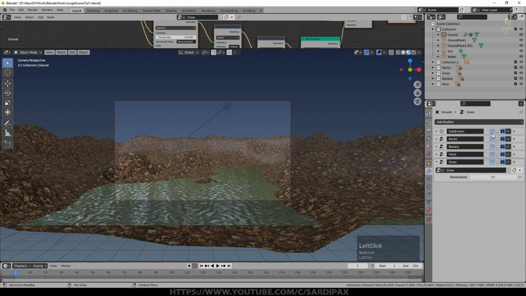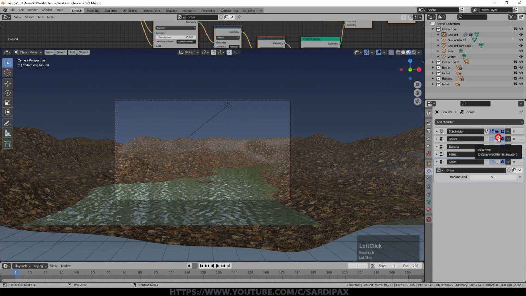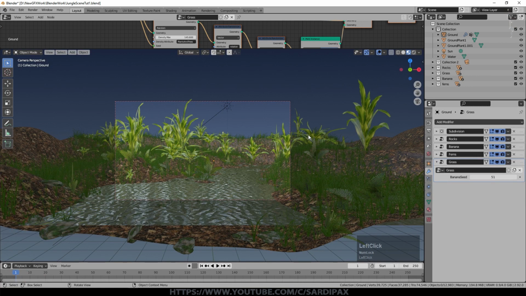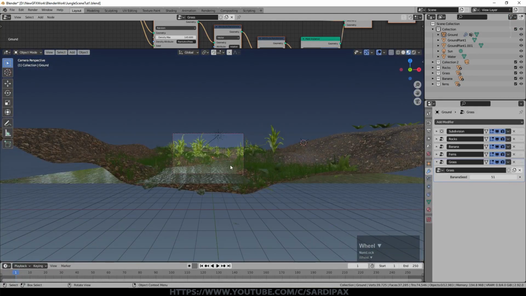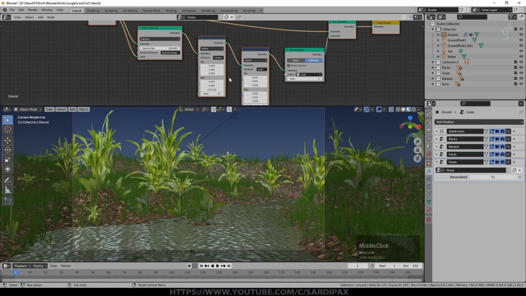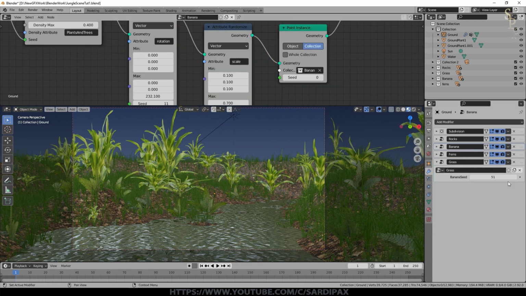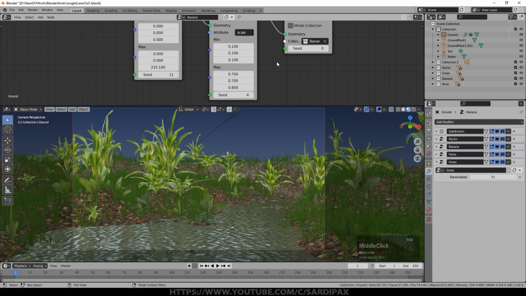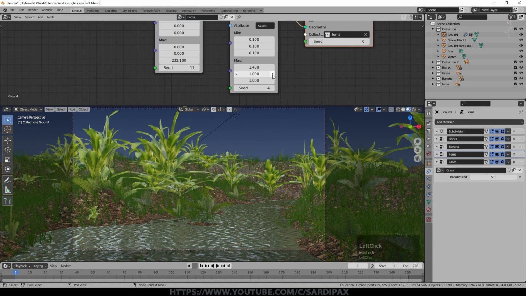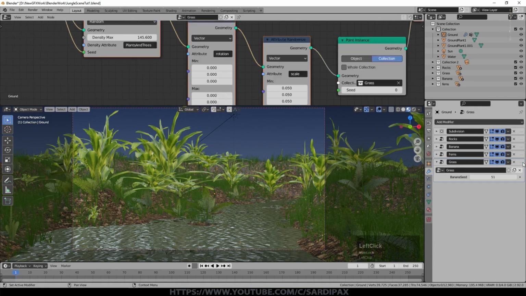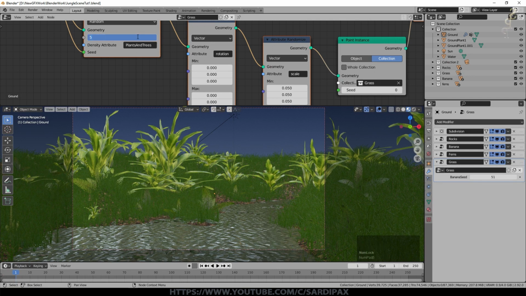So I now turn my object's visibility back on. You can see the density appears to have gone up, and that's of course because we've still got the same number of objects, but they're now being concentrated into areas of the scene that we can see. So I think we can make the bananas, select those geometry nodes. I think they can afford to be a little bigger, particularly on the X and Y, and perhaps the ferns as well. See, that's making them slightly wider. And with the grass, I think we can go even higher. Perhaps not that high. We'll go for 500.